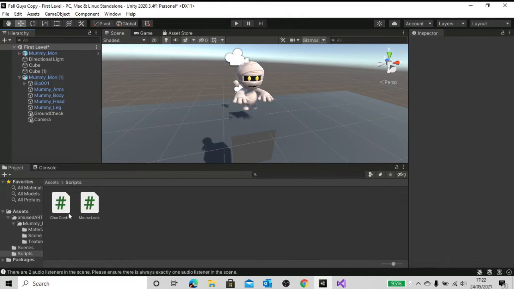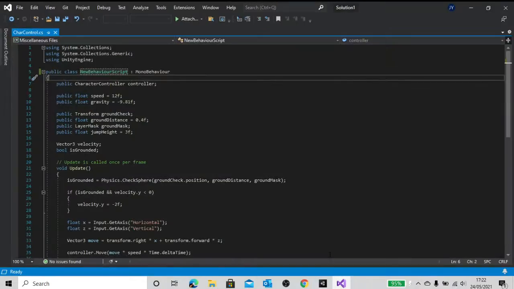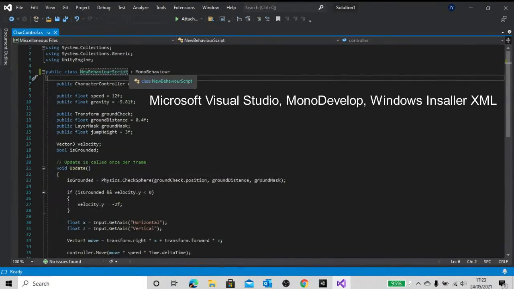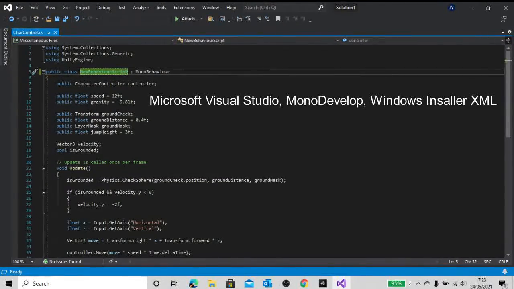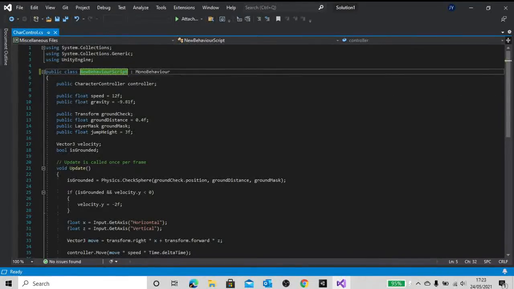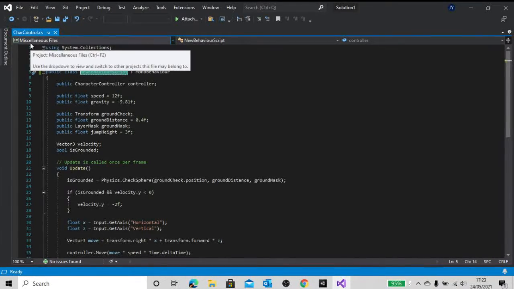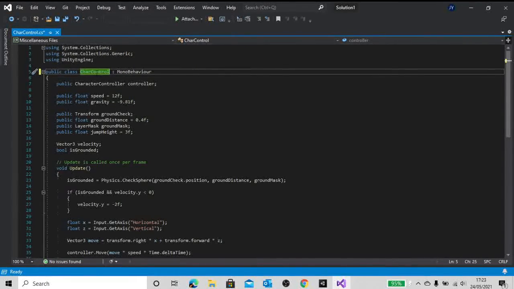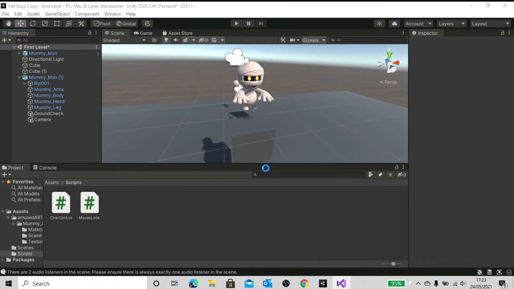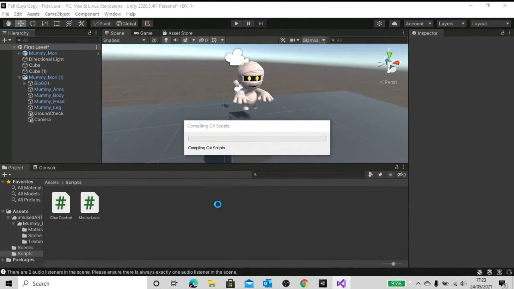So to fix this, we want to open up our script in whatever you're using, and where it says public class, you need to make this the name of your script, which is actually up here, so we can just copy it exactly. So mine's char control, and now it's not in those dashes. Let's save that, go back into Unity, let it do its thing,